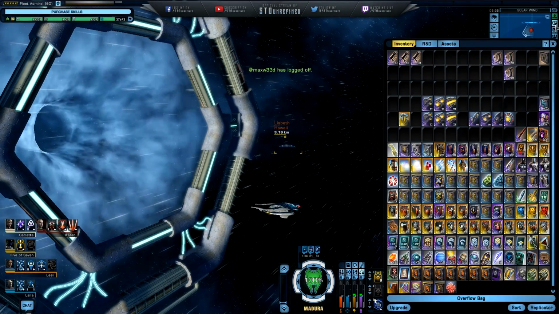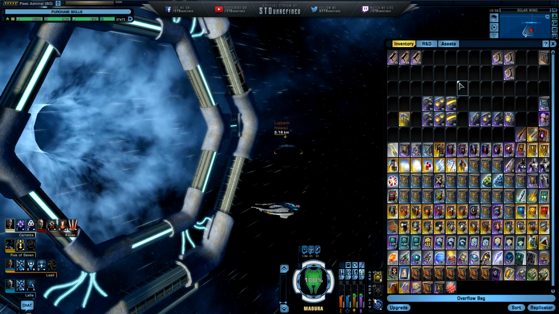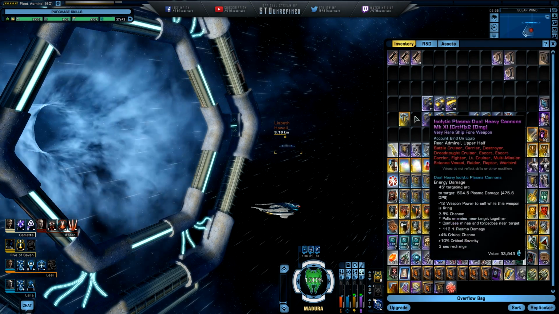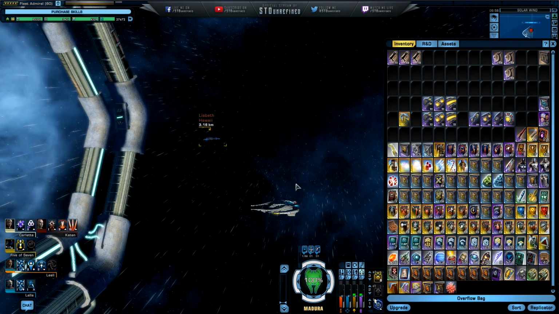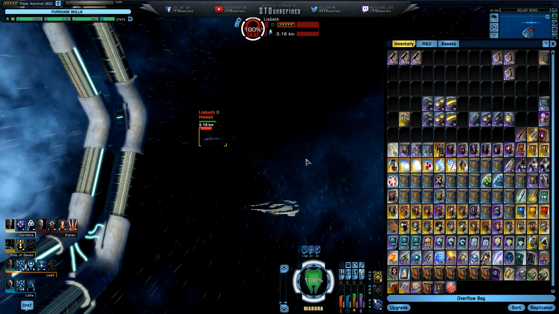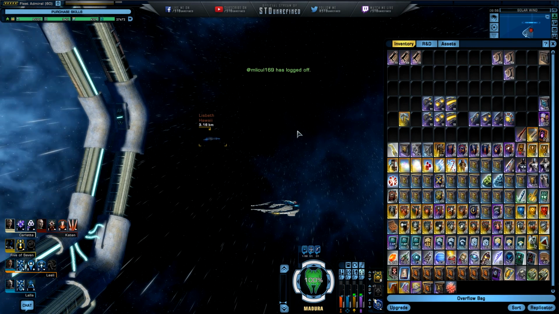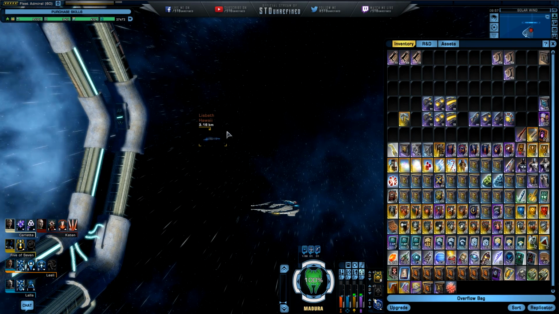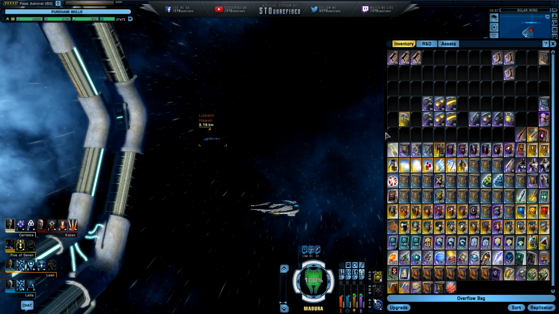So this is space PvP, player versus player map, solar wind. If you guys are unfamiliar with this, this is just a map where you can fight against other players, make them your enemy, if you're into that. Me personally, definitely not into that, but I'm actually using my other character as a dummy for target practice,